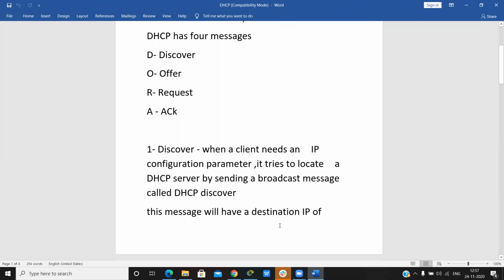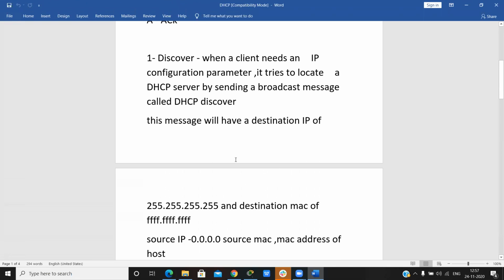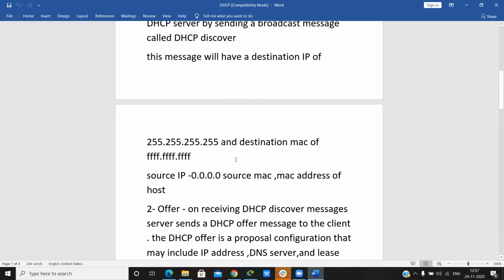Discover: when a client needs IP configuration parameters, it tries to find the DHCP server by sending a broadcast message called the DHCP discover message. In this message, the destination IP is broadcast and the destination MAC address is also broadcast.